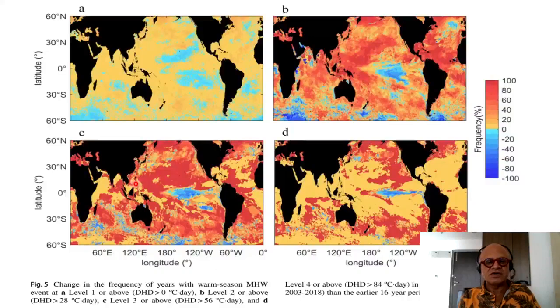And C is the degree heating days greater than 56 degree C days, and this is the finally greater than 84 degrees C day, or basically a season. So this is like the D total. Okay, so you can see that here there is a negative trend here, frequency decrease here in all of these measures, but West Pacific warm pool stands out in all of them, but not so strongly here at the seasonal total. Of course, you have to remember the mean temperature in the Indian Ocean is always high, so the ecosystems within that are still